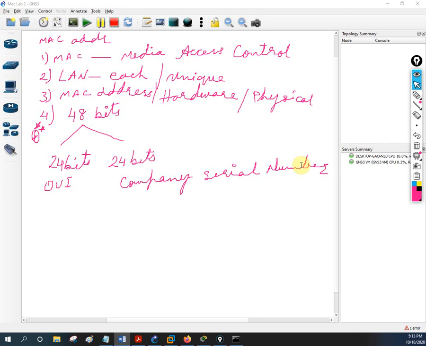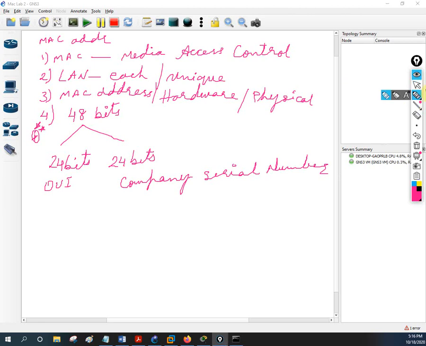Now we can say the MAC address table is a combination of VLAN, MAC address, address type and port number. We are going to see how the MAC table looks. And we have the dynamic MAC address table. Dynamically the switch is going to learn, and static we can assign manually also. For example, if you have any server which is connected all the time, you can statically assign that to the switch also. We are going to look at how we can assign statically and how the switch itself can learn dynamically.